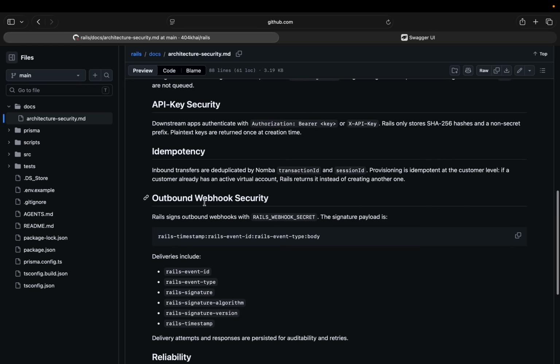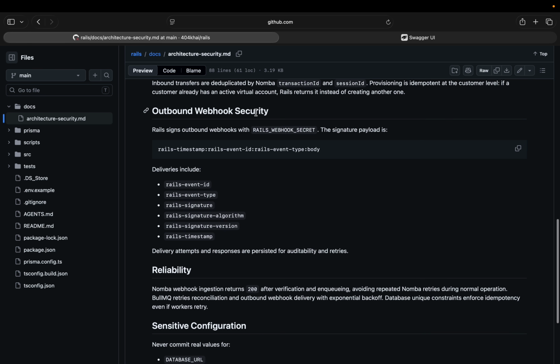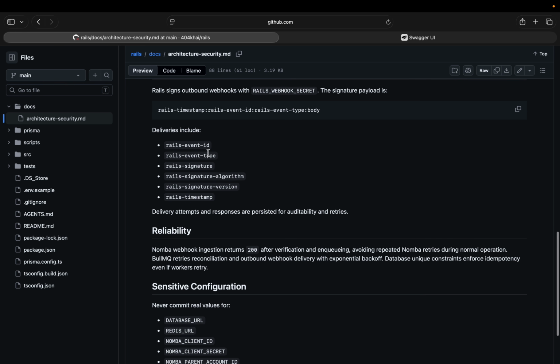For idempotency, the inbound transactions are deduplicated by Nomba transaction ID and session ID. Provisioning is idempotent at the customer level. If a customer already has an active virtual account, Rails returns it instead of creating another one. For outbound webhook security, Rails signs outbound webhooks with the Rails webhook secret. The deliveries include the Rails event ID, event type, signature algorithm, signature version, and